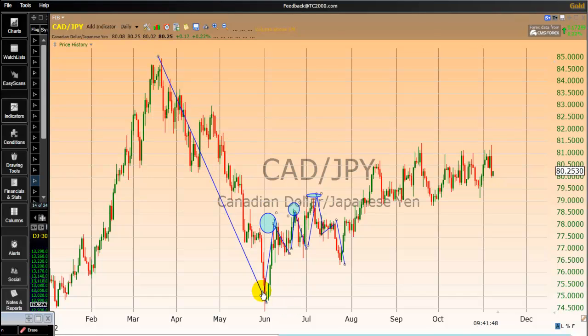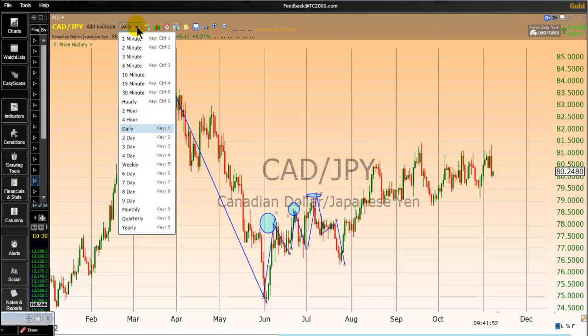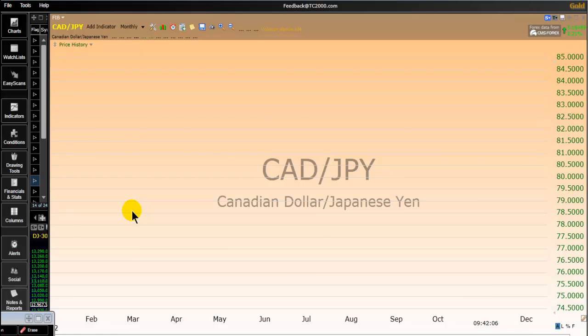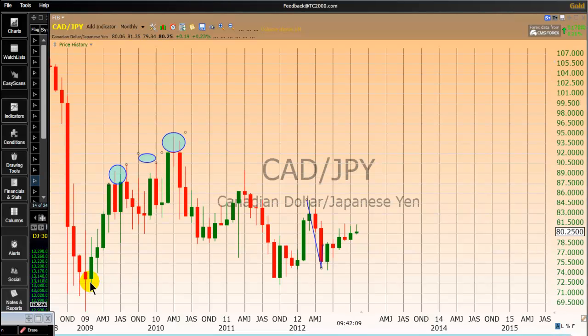Though the monthly pattern took longer to form, the same pattern has duplicated or replicated itself, copied and pasted itself, so to speak. I'm speaking like this to allow traders to understand the fractal pattern. So you can see the same pattern again, and you can see it went up 1, 2,